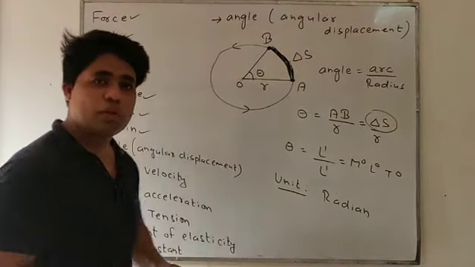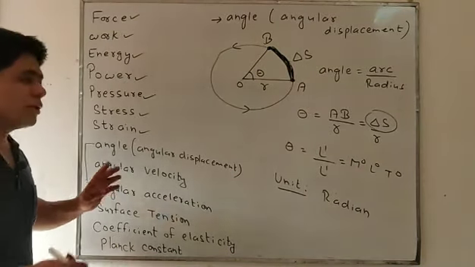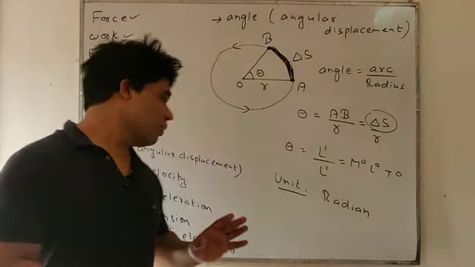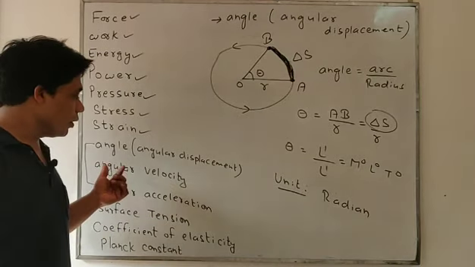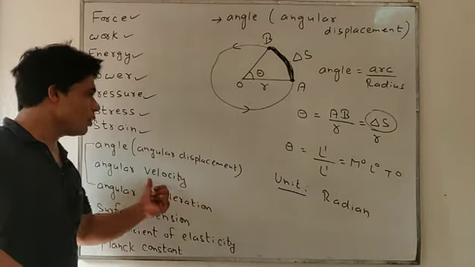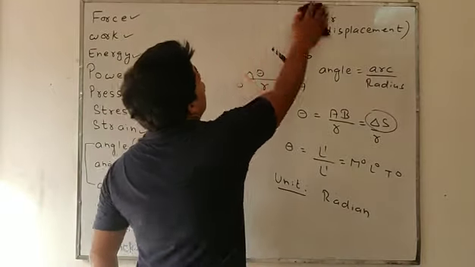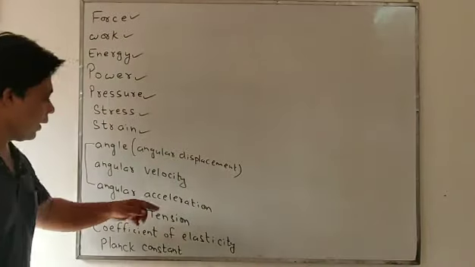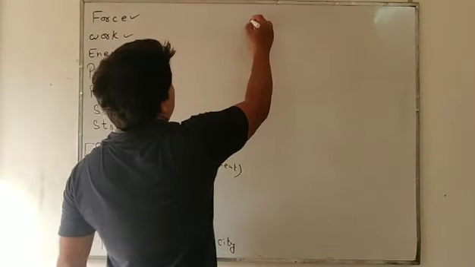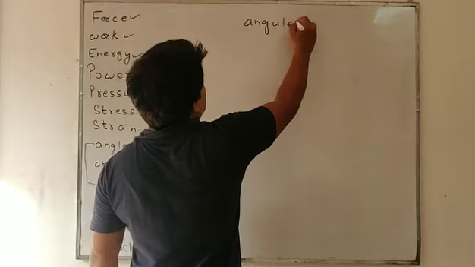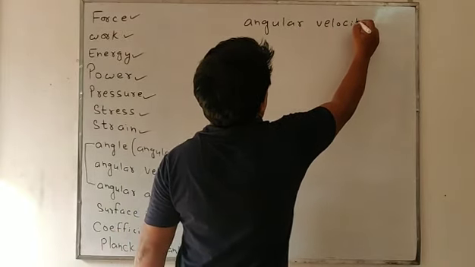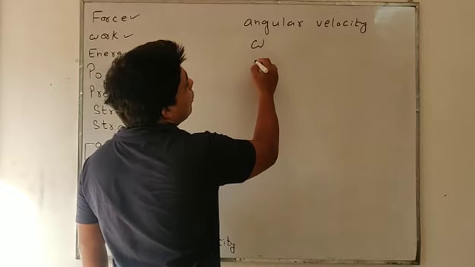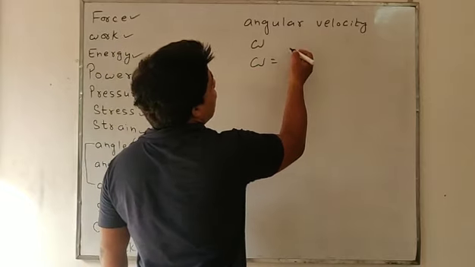Look students, what is simple velocity? Rate of change in displacement is called velocity. Just like that, what will be angular velocity? Rate of change in angular displacement is called angular velocity. So now we are going to find the next one, angular velocity. Angular velocity is represented by the sign omega. That sign is called omega. So the formula is